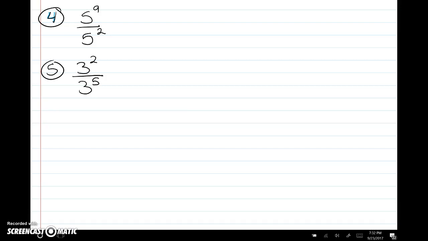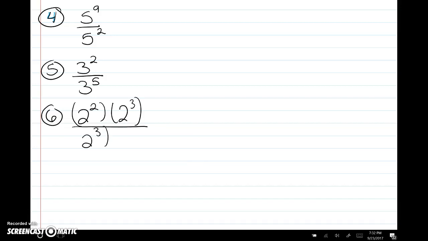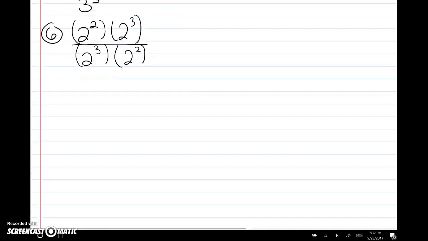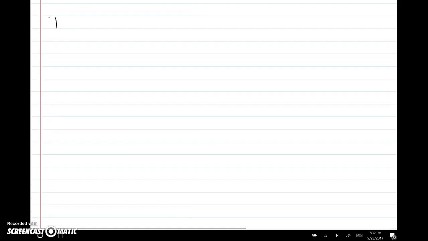And let's do a little bit of a challenge one. Let's see if you can get this. Let's do 2 to the 2nd times 2 to the 3rd over 2 to the 3rd times 2 to the 2nd. Don't freak out about it. Take your time, work through it, see if you can figure it out. I believe you can. Okay, last thing is a power